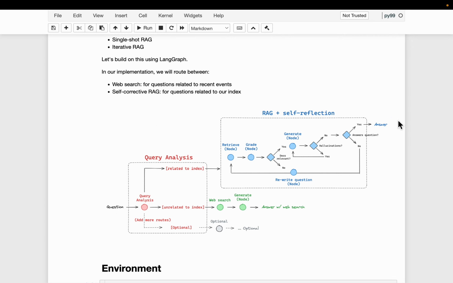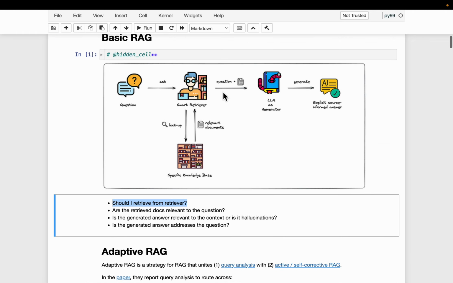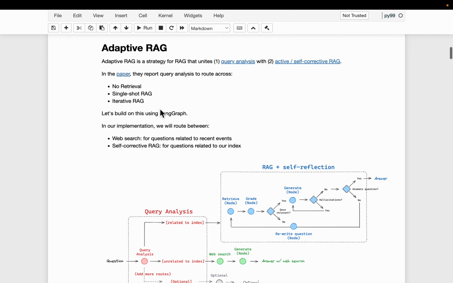If it is not, we go back to this question rewriter. We ask it to rewrite the question so that the retriever can retrieve more appropriate or more relevant documents as context. So that's how we are addressing the 4 limitations we have in the traditional RAG system.